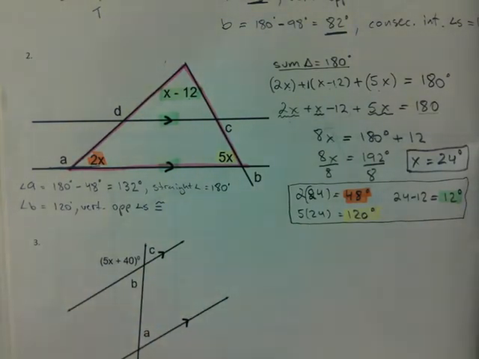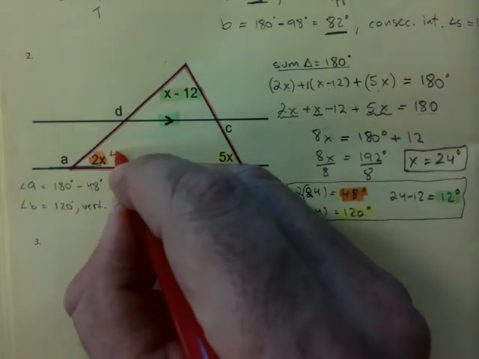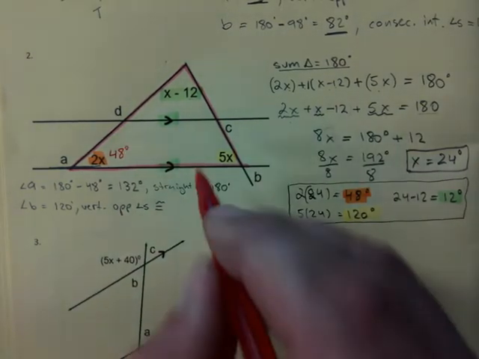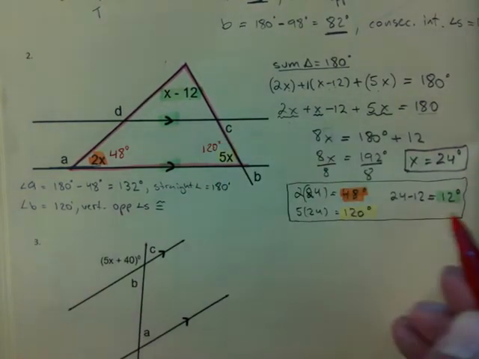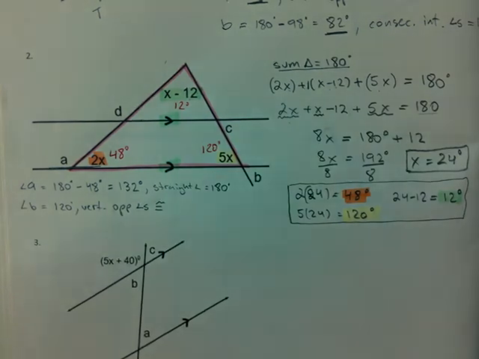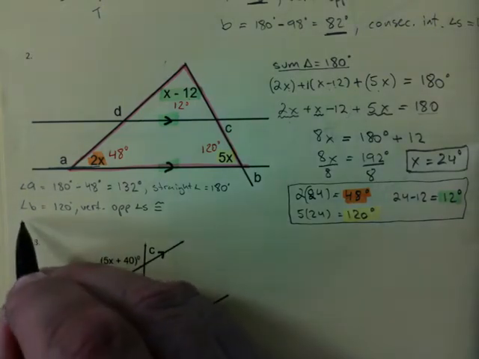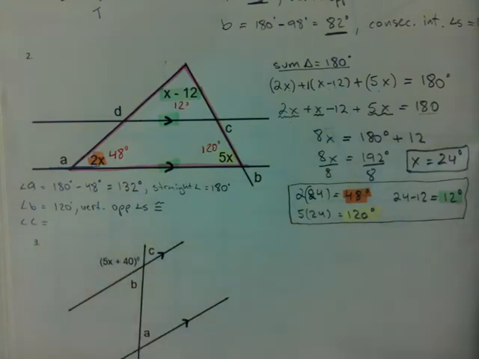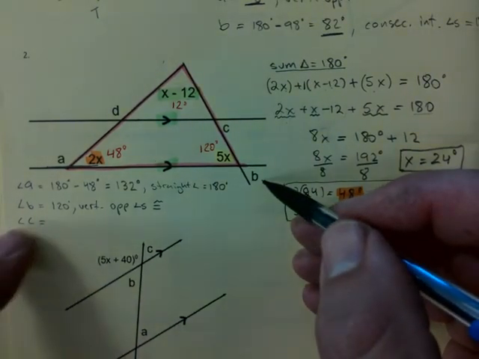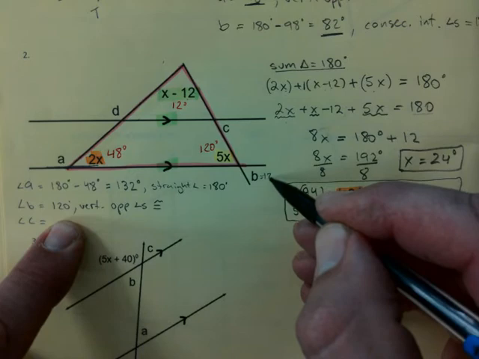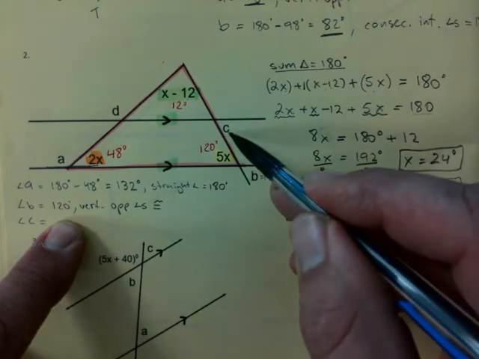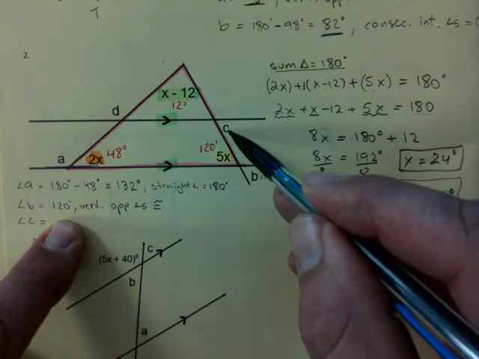Why don't we write in those angles that we already know? I think that'd be better to do it that way, to not mix things up here. Okay. So we know those, we found what they were. And then C, let's use something we haven't used so far. If I know that B is 120, can I relate these two here? They are